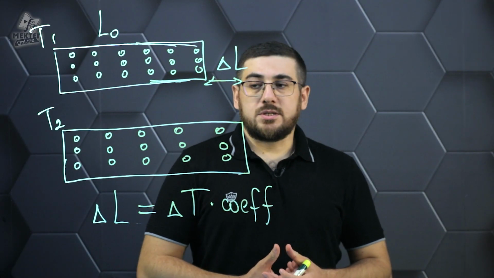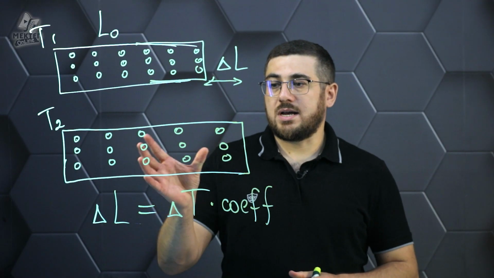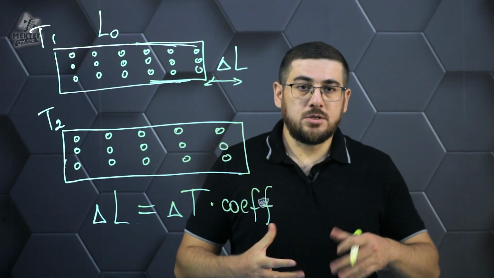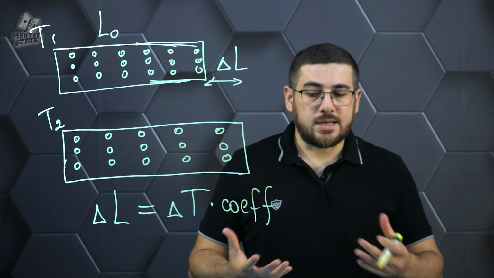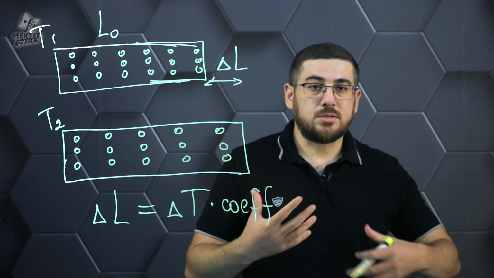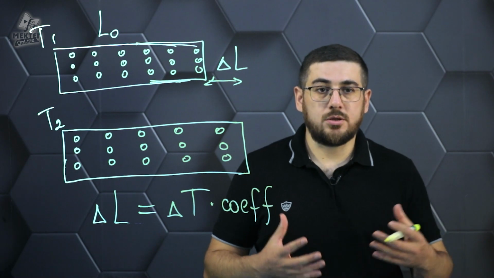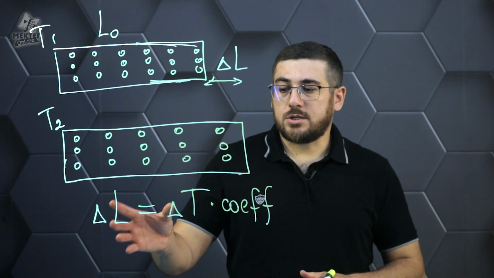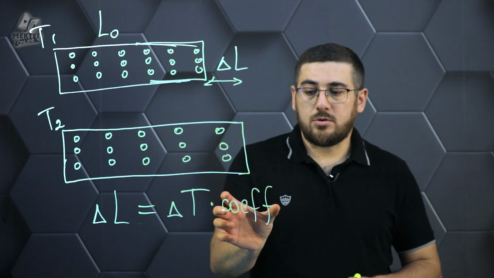What does this coefficient depend on? It is clear that this coefficient will depend on how long this object is initially and, of course, what material it is made of. Different substances have different coefficients of expansion because the arrangement of atoms is different. The atoms themselves are different, and each substance reacts differently to increases or decreases in temperature. So in order to understand how big a given expansion will be, we have to introduce a certain coefficient that